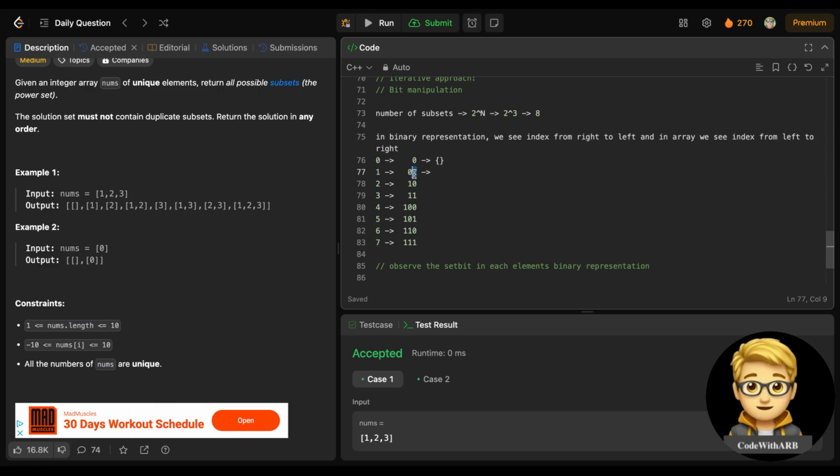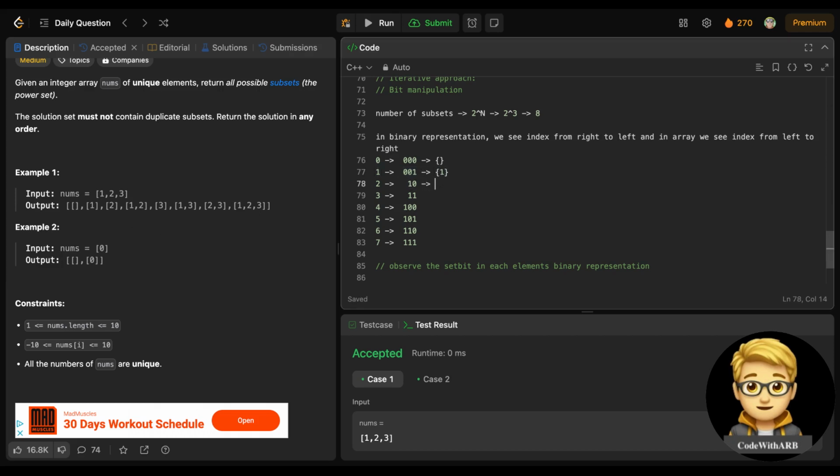So at 0 this is 1, it means I will include 1, right? I will include this one here. If there is 0, it means I don't include that part. This is for 1 to 3 only, so all the other parts are 0 here. So I don't include the others, I will include only one. If I include one, it means the first index should be included. So I got the first subset.